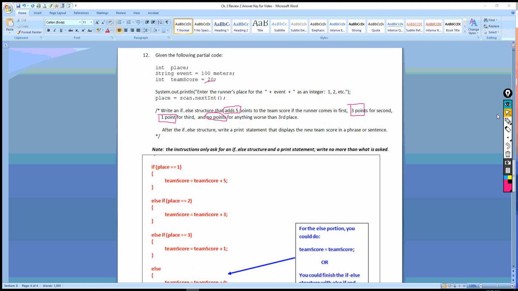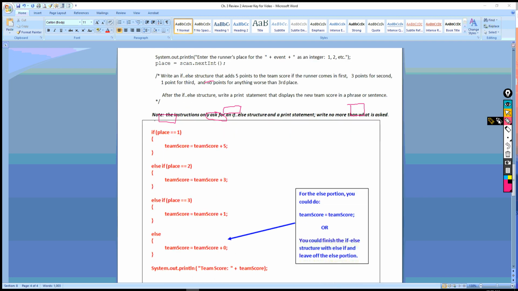And that's why we do 4 alternatives. So start with an if, end with an else, and then we have 2 else ifs in the middle. And so if their place is 1 or first, then we take their team score and add 5 to it. If they get second place, we're going to take the team score and add 3 to it. If their place is third, then we're going to take the team score and add 1 to it. Now, any other number